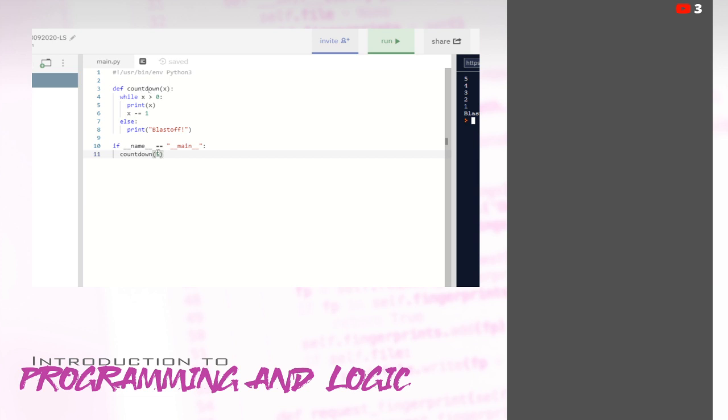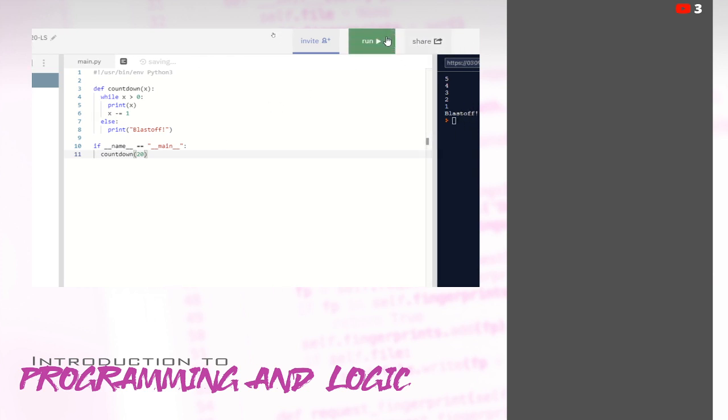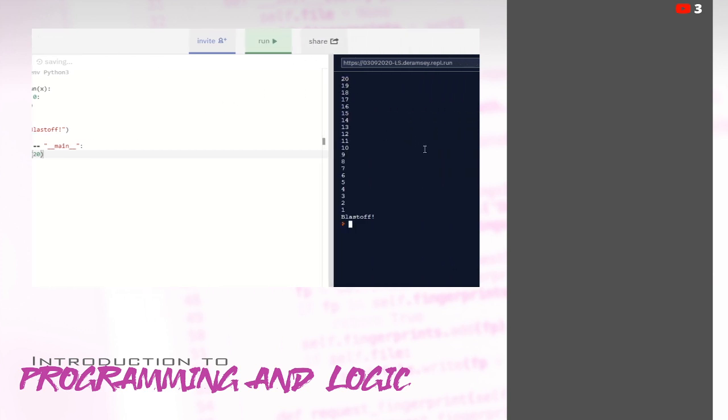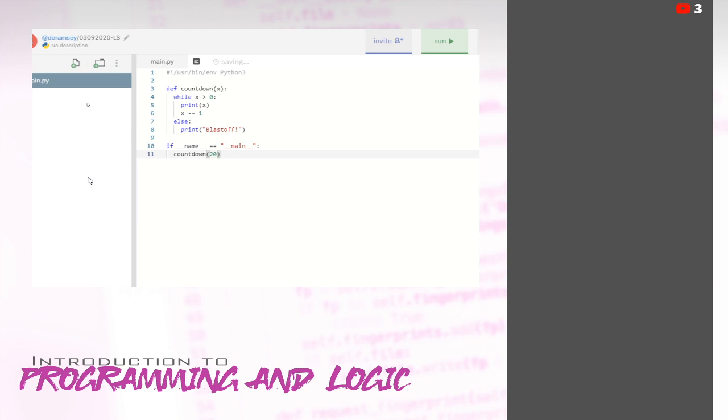I can type any number into this argument, and we'll take it a step further in just a second, and it'll count down from that number, and it'll tell me blast off. It's completely flexible. I can use it in anything.